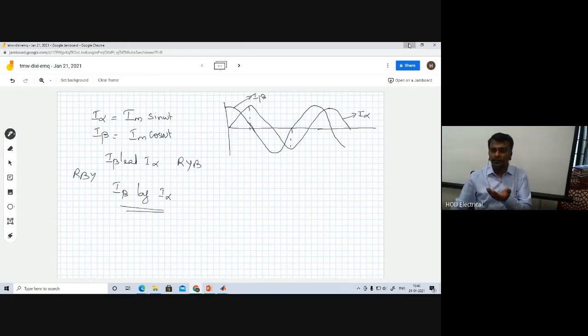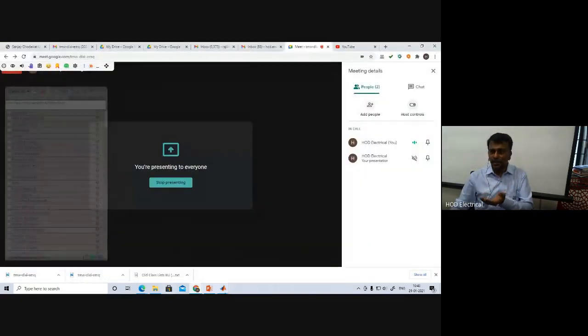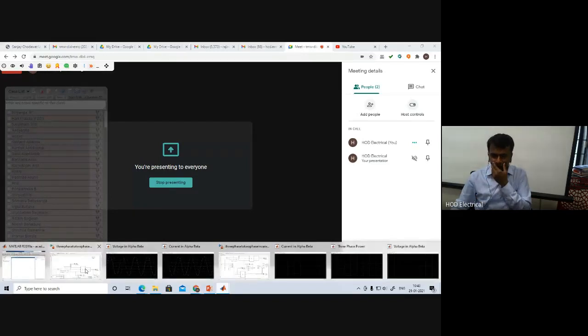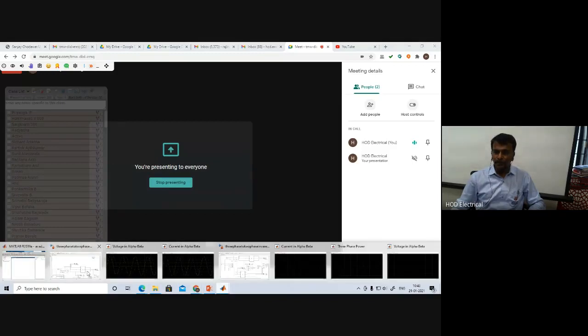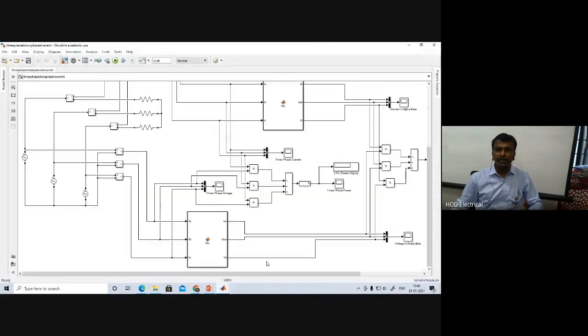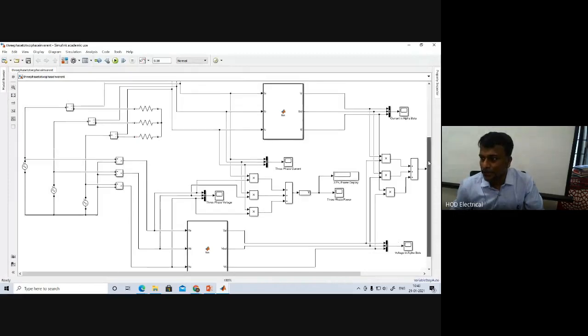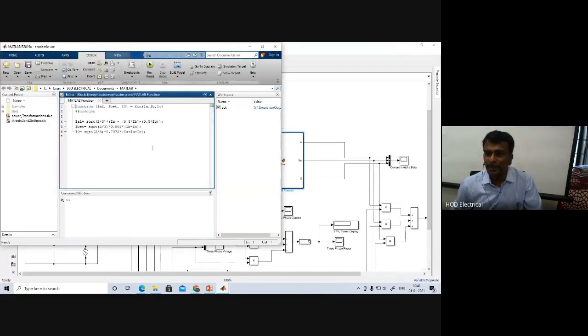This also we want to see in this waveform. I forgot to explain it in the last MATLAB simulation. This is for a three-phase power invariant transformation. Whatever I have explained in the last, let me repeat. Here, when we convert, I have used square root of 2 by 3.